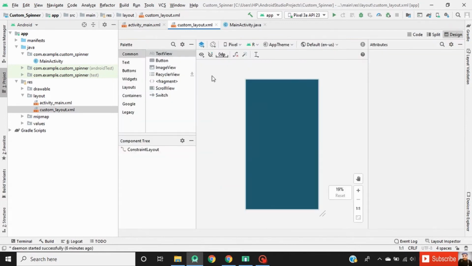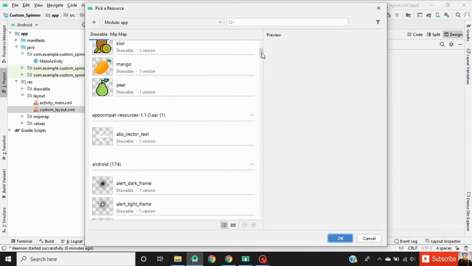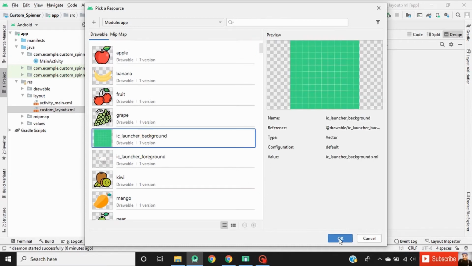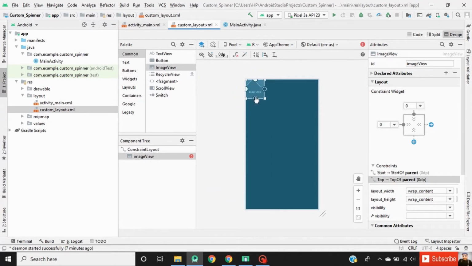Now go to the design portion. Drag an image view into our layout. Then select an Android image and click on OK. Now define constraints for this image view. Set the margin to this image view. Change the width of the image view to 48 dp and also the height to 48 dp.